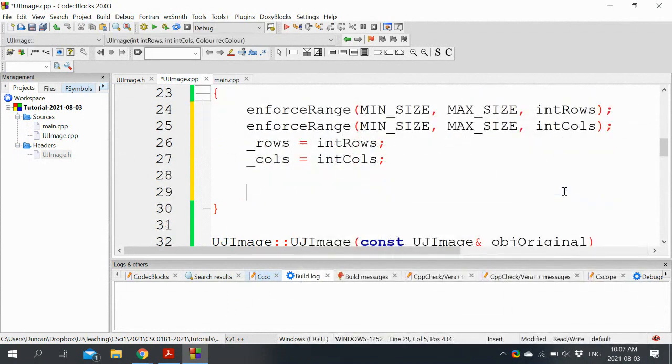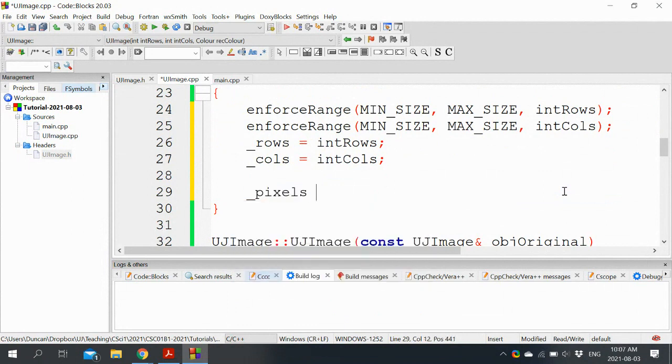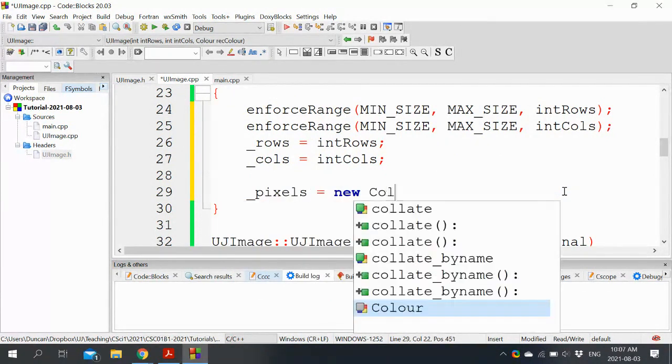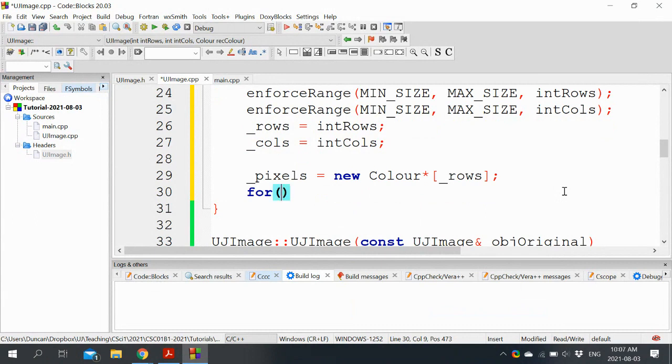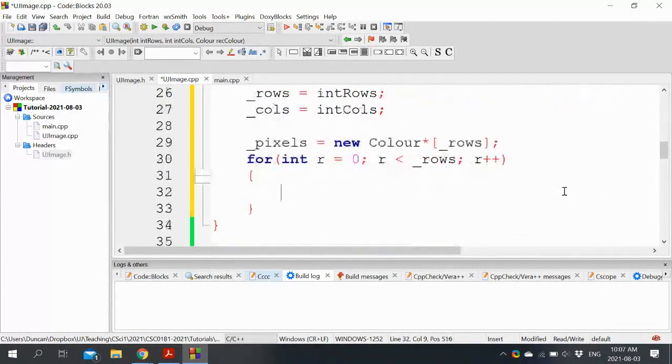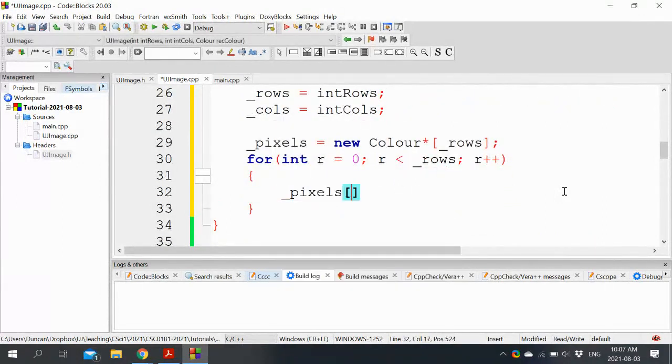Okay, now that we've got our rows and columns set, we can start to create our array. Create the outer level of the array, as big as the number of rows. For every row, create the inner row array, which is as big as the number of columns.